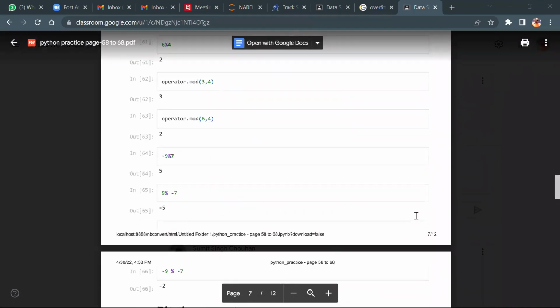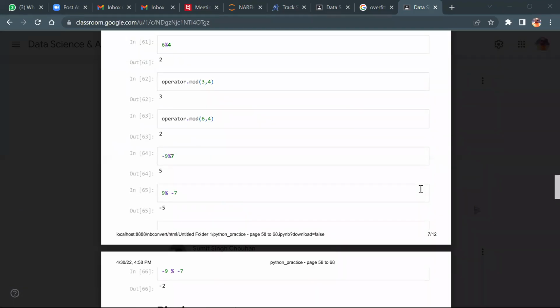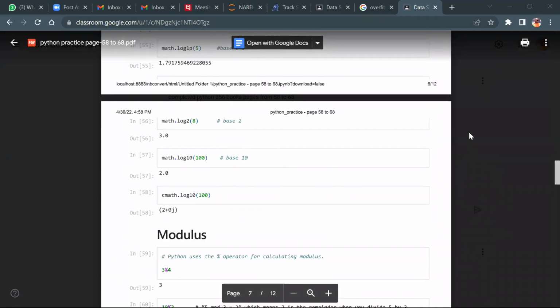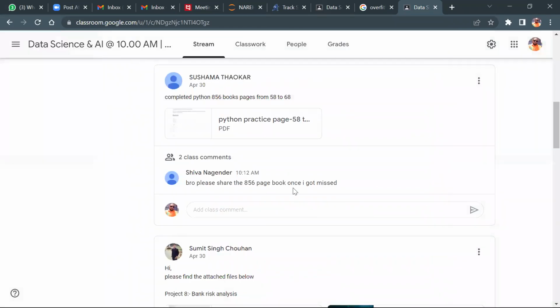I want one by one status, because just now you mentioned you've done 58 to 68, someone mentioned 1 to 12. I need the order, 1 to 12 and 13 to 14. Let's say this guy's done 58 to 60 and other guy has done 150. It's not in order, so the concept is mixed up here.